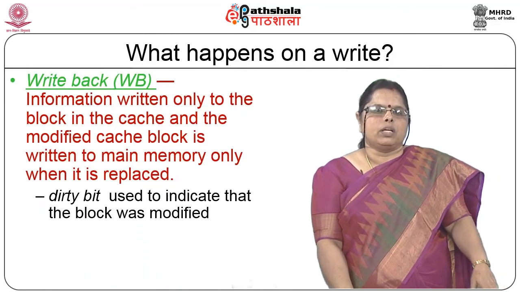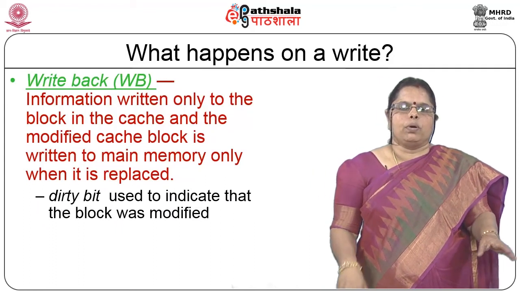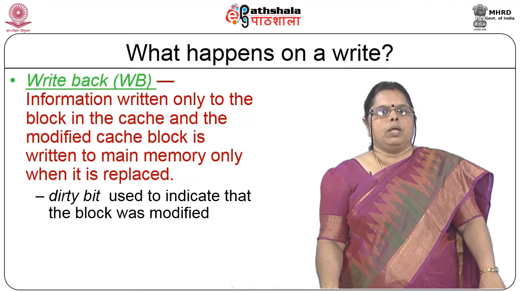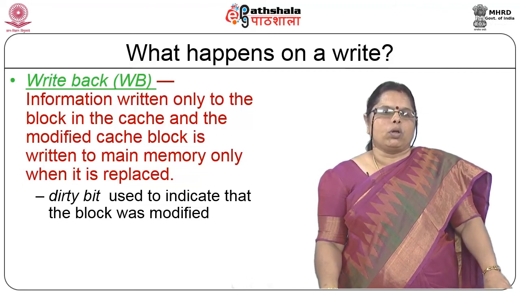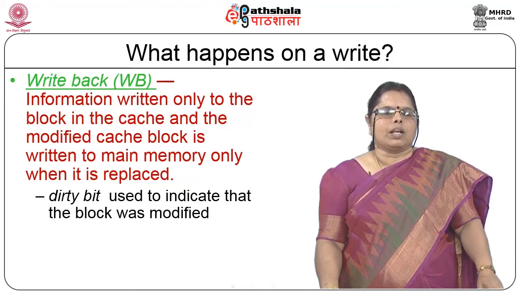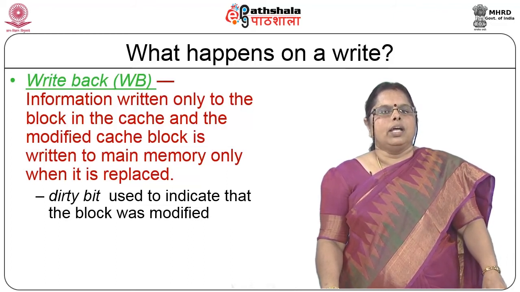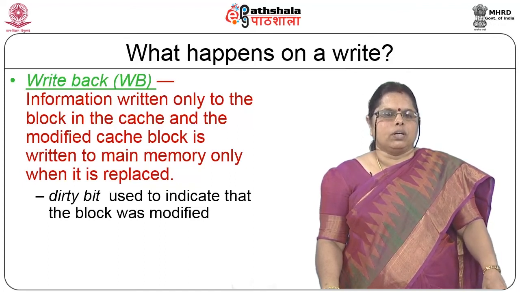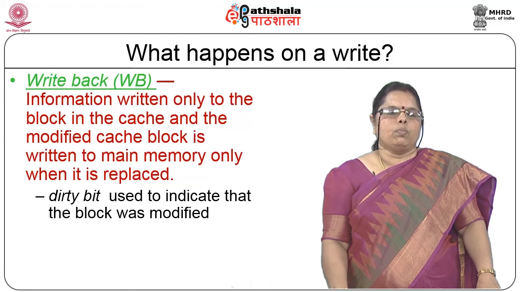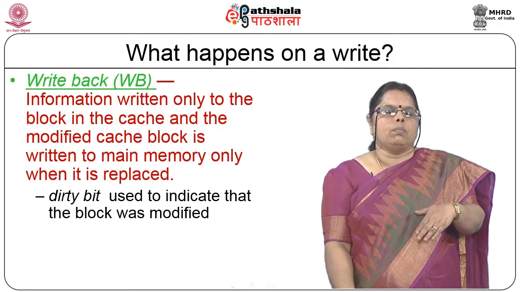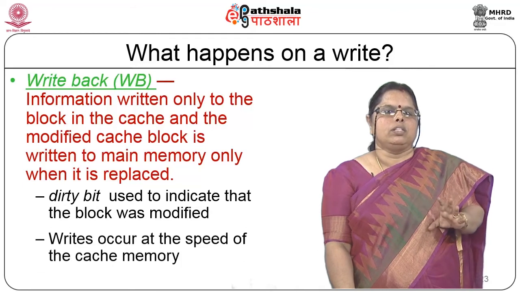Now, the last question: what happens when you do a write? What happens when there is a block available in cache and you perform a write operation on it? What will happen to the data that is available in main memory? So, there are basically two policies that are followed. One is a write back policy, which means you just write the data into the cache, indicate that the block has been modified by means of a dirty bit, and do not worry about main memory writes. Only when the block is being written back into main memory, look at the dirty bit and accordingly change your data.